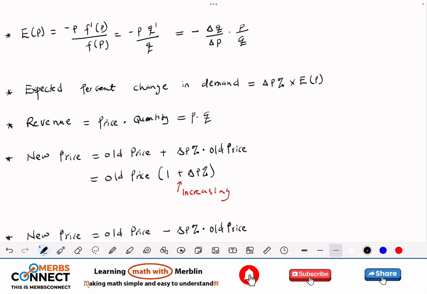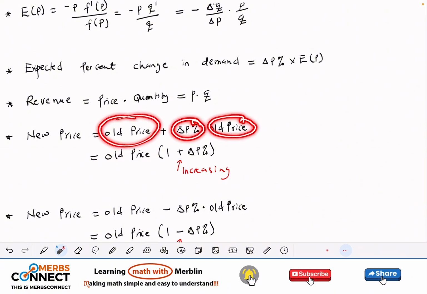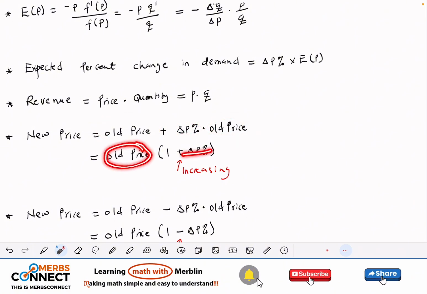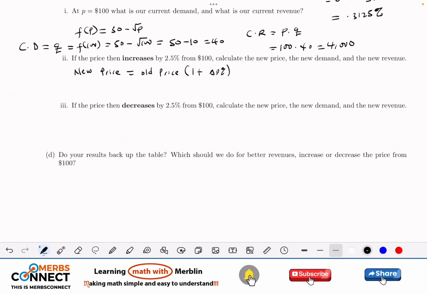Right, that's what we learned from here. So it's either you find the percentage on the old price and add it to the old price, or you just pick it like this and just add 1 to this. So we are going to have, what is the old price? 100, right? And then 1 plus